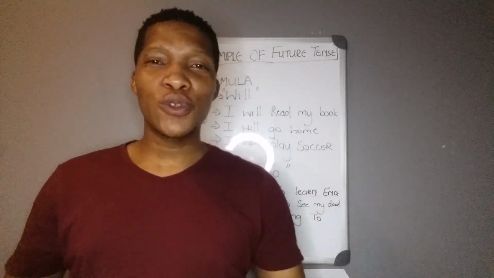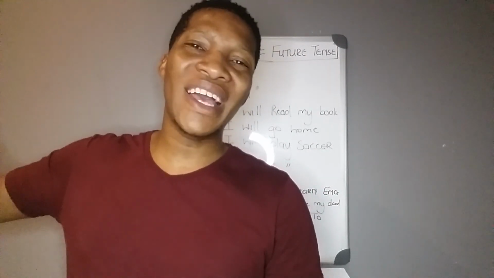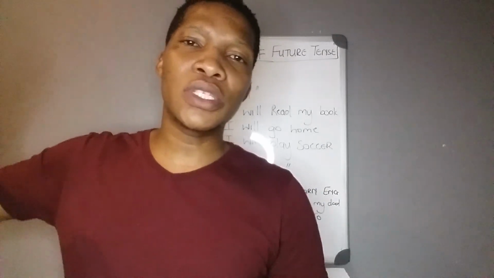All right, so today is day 11, and this is also going to be a very short video. We're going to be talking about the verb tense, which is the simple future tense. Yesterday we spoke about what it is, all right? So, what is a simple future tense? It is something that is going to happen in the future. It has not happened now. Now, the key thing about the simple future tense is that it'll happen in the future. It'll start in the future and end in the future. So it's not in progress or in continuation.